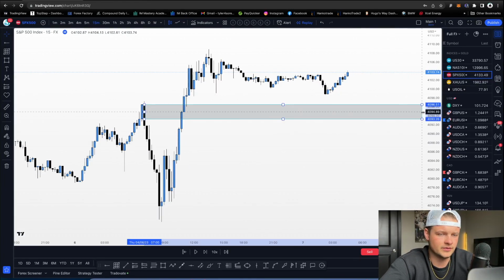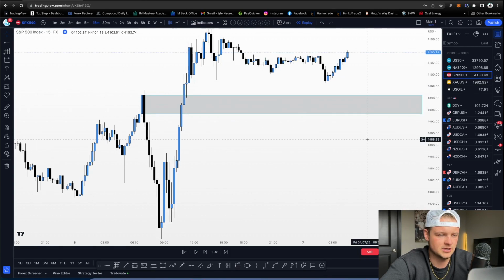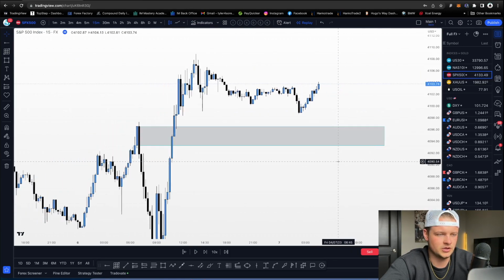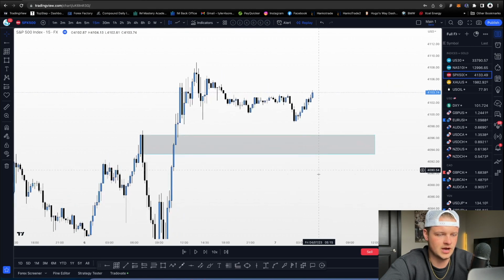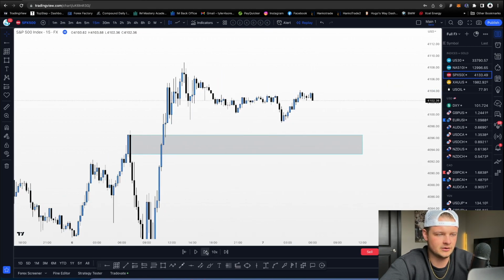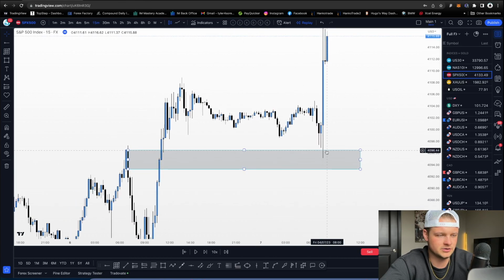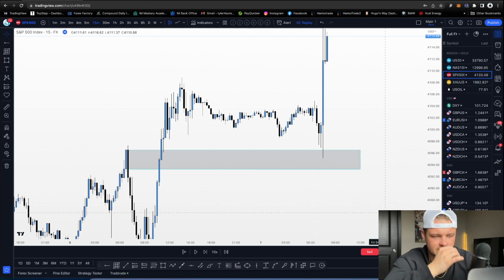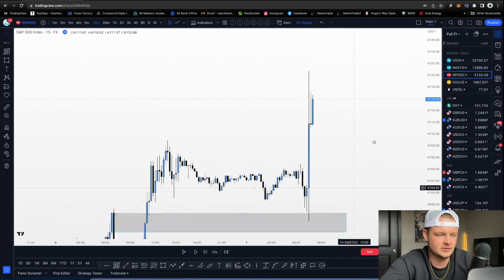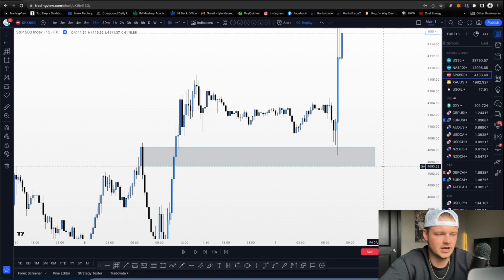So here's how you can expect breaker blocks to behave and to react when you are now looking for your trades. Watch what happens here as price comes back down and retests that breaker block. You'll see price come down to the body and or 50% sometimes of that, and then obviously respect, hold, and move out of it, guys. So all a breaker block is just a failed order block being retested from the other side. Again, you're not ever looking to trade breaker blocks simply by themselves. You need other confluences in alignment with it,